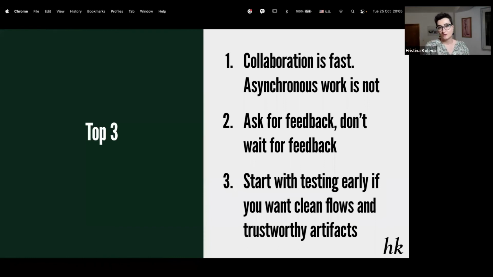Ask for feedback, don't wait for feedback. This is the collaboration starter. This is the mindset that fosters collaboration. Asking for feedback: Hey, Anna, do you have 5 minutes? I've come with a solution. Tell me if it's what you've imagined. Or, hey, Eva, let me know how you would test that. This is from a developer's perspective, or from a designer's perspective, or anyone's. Just sit together, ask for feedback. You could be 2 of you, but it will be already better than if you do it by yourself.